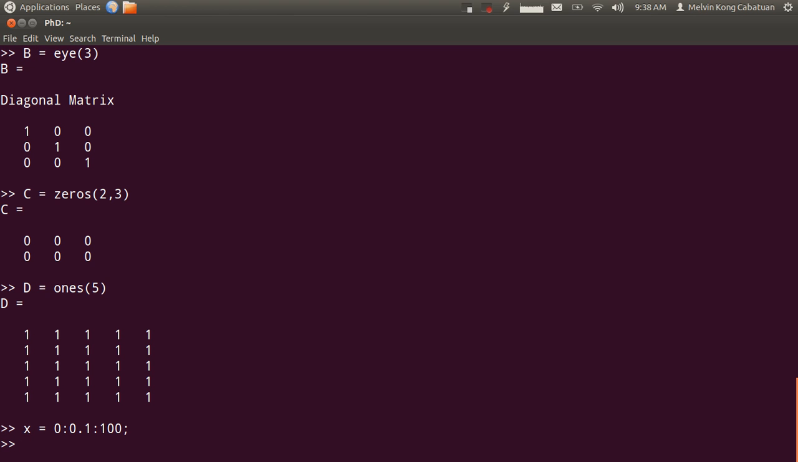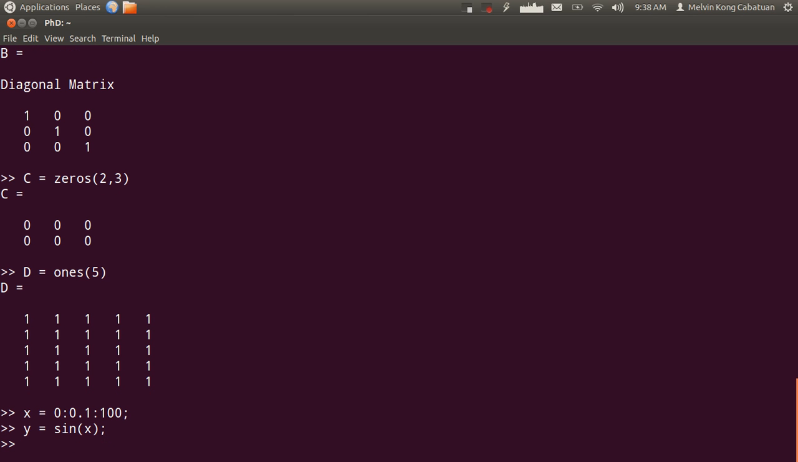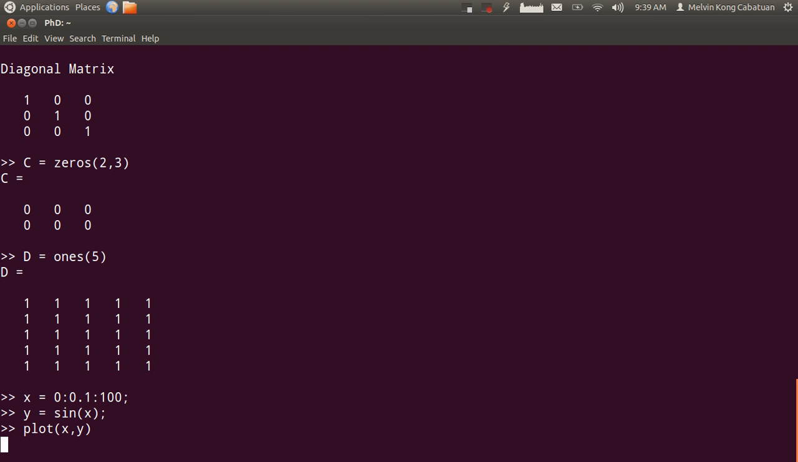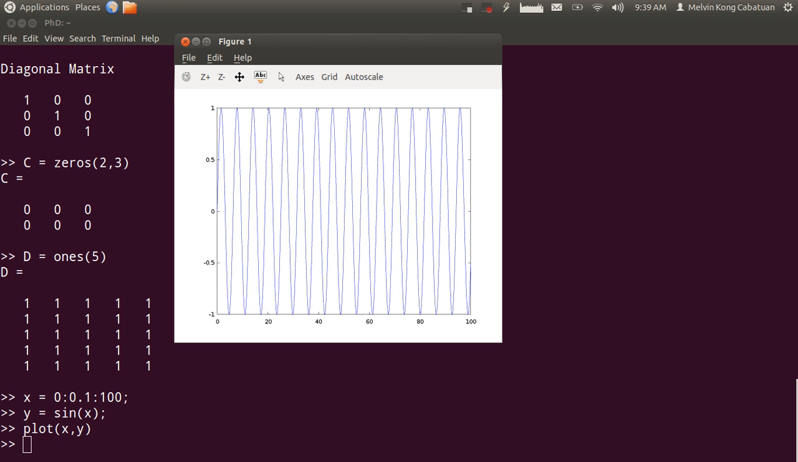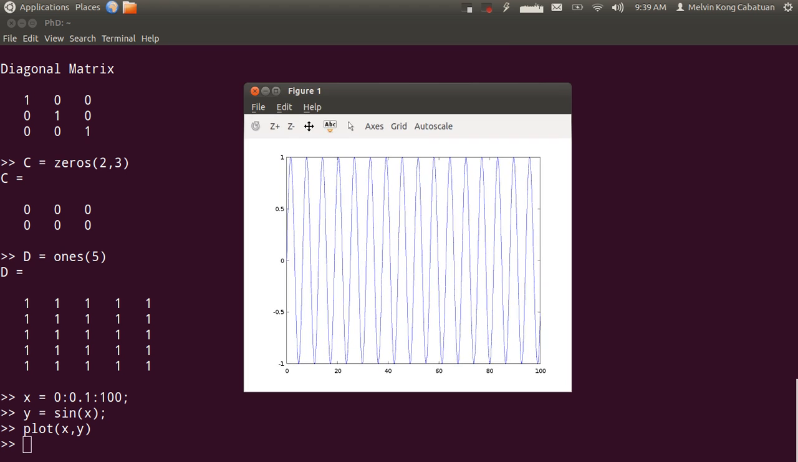and then we could have basic plotting for it. So y is equal to the sine of that, for example, sine of x, and we could plot that one. So plot x, y, and we could have this figure